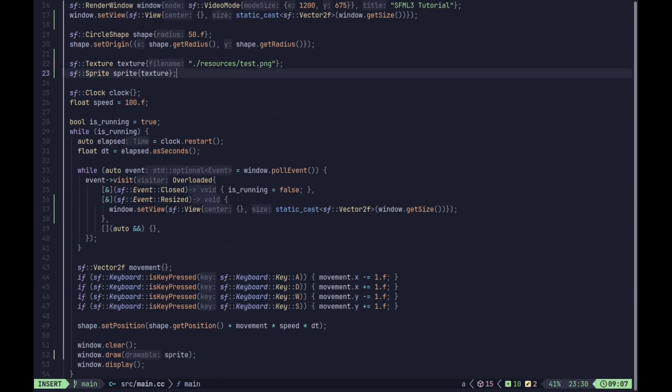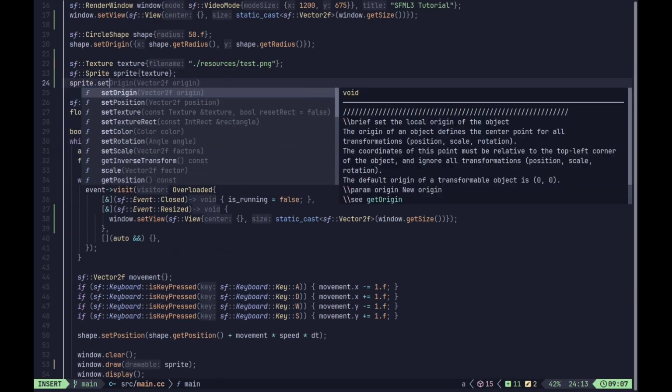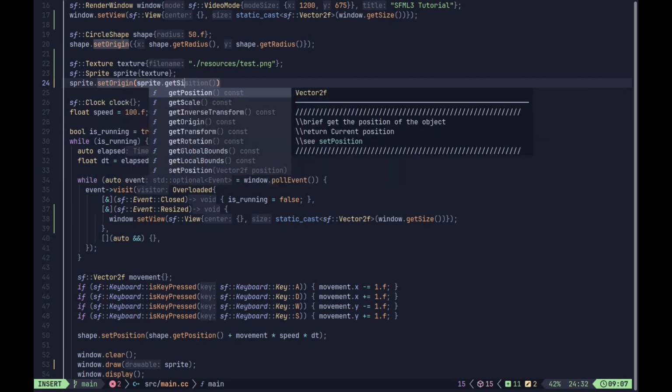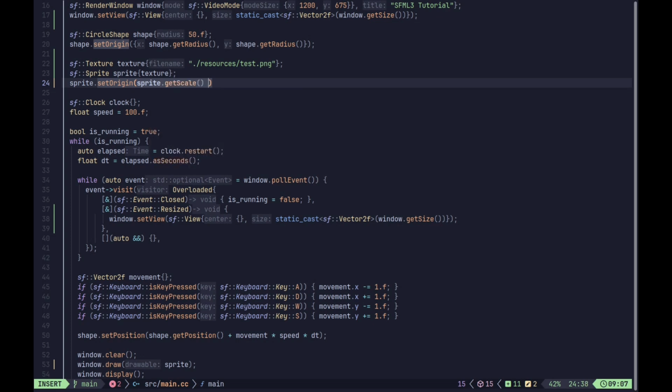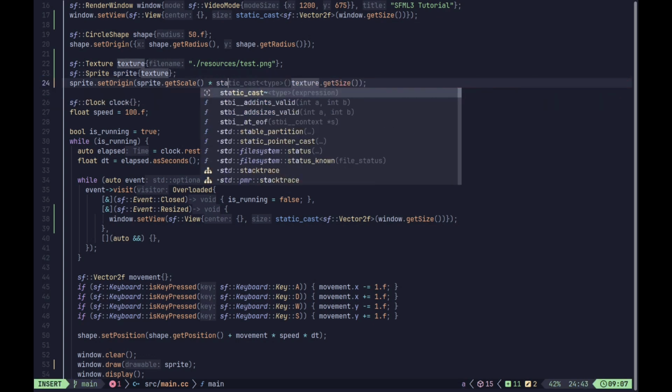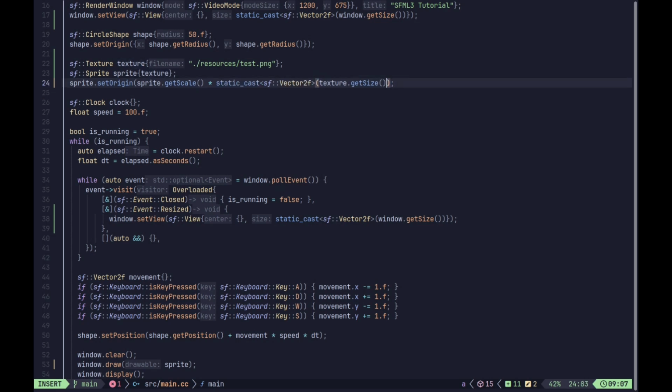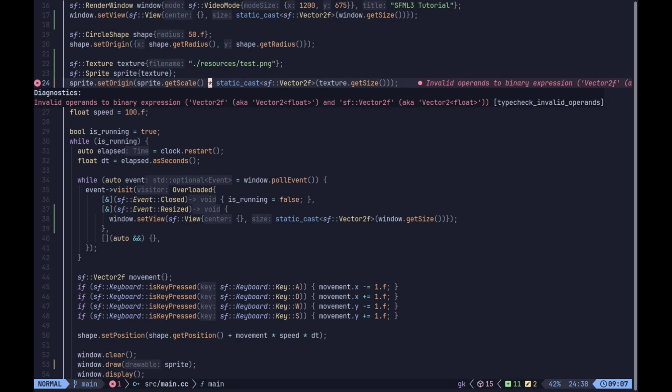If we want to change that, we can go ahead and say sprite.setOrigin, just like we did before, and we can go ahead and say sprite.getSize. Well, actually it doesn't give us the size, it will give us the scale of the sprite, which will be 1 by default, and then we can multiply that by our texture.getSize to get basically the actual size of the sprite. And of course we need to cast this to a Vector2f,